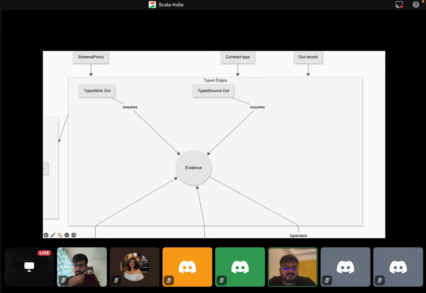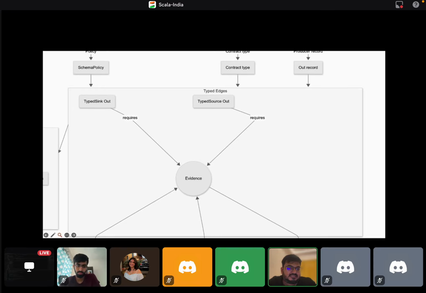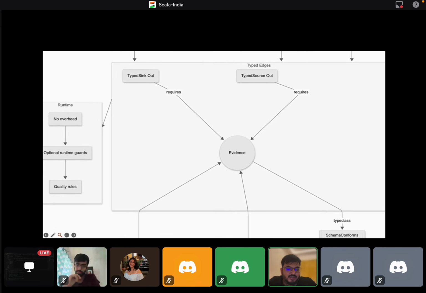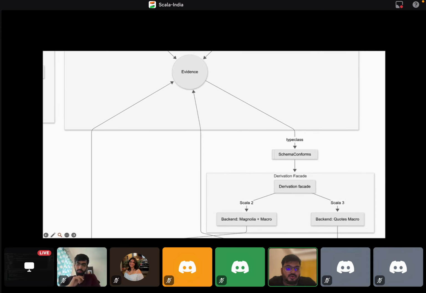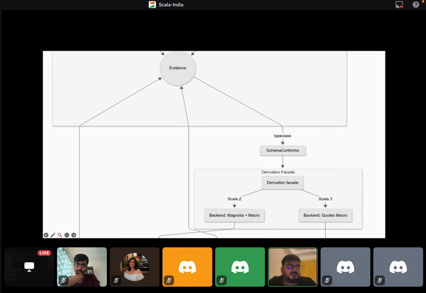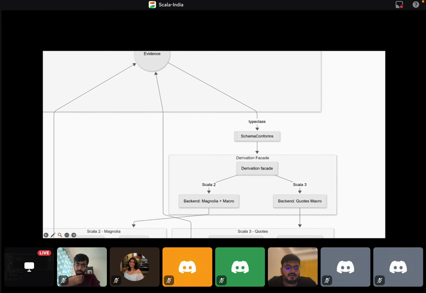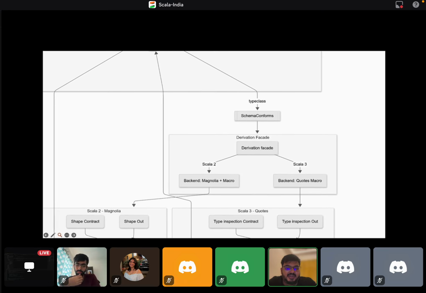Like you have source data, not just case classes. We saw one case class example. So you may have CSV data, you may have Parquet data. So this is again an extension. Again sink. So this is a record, but this is a sink of your record. This is a source of your record. So all of these require your evidence. Evidence is nothing but a type class instance. So the compiler must find it and confirm at compile time. Right? So for the evidence to complete or go ahead, it needs the derivation